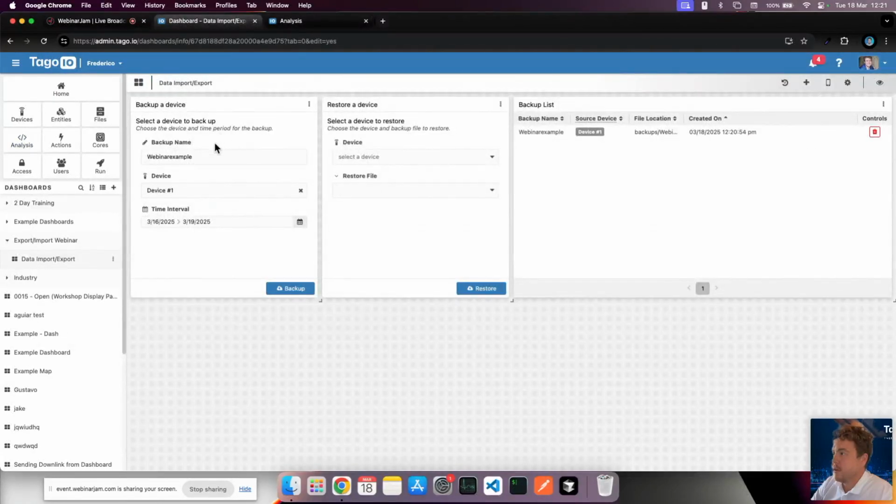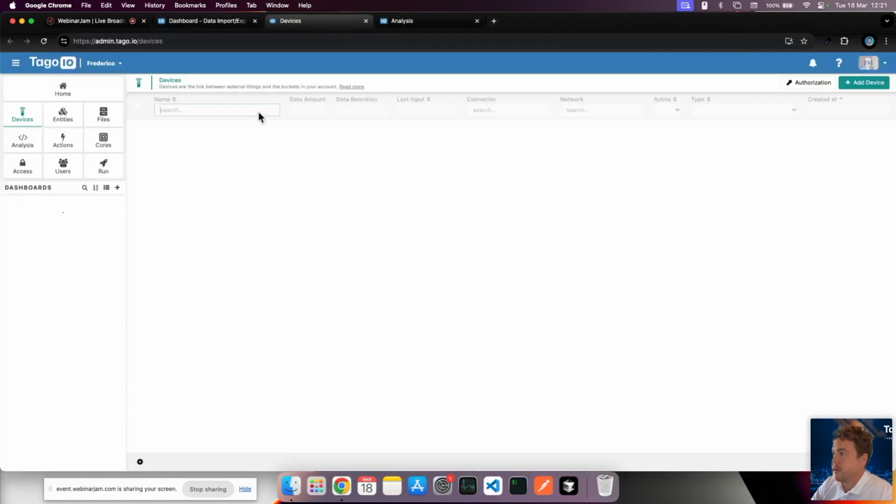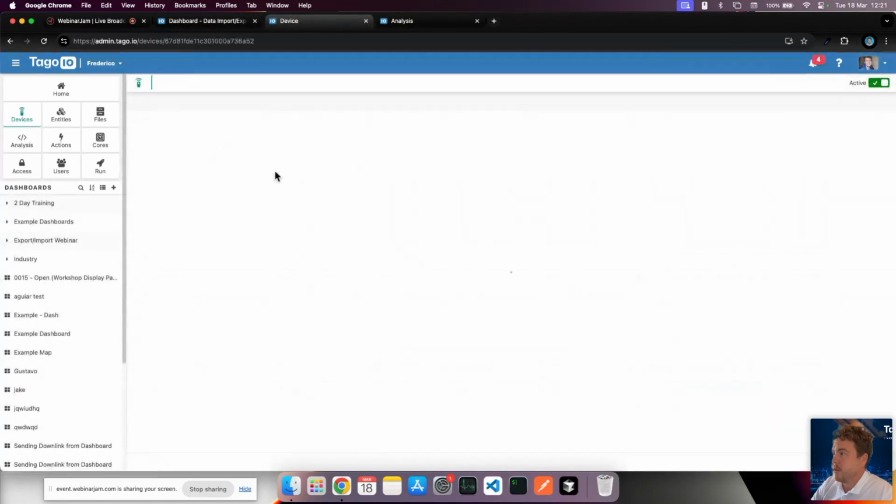So here I've created the backup. And here we have the backup variable that's now showing that the backup was created. And also just a tip here, the device the data was taken from, so that the user knows exactly what this means. So now if I come here, let me first remove data from my second device